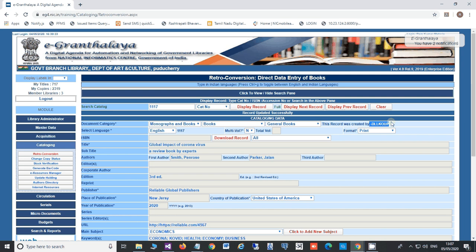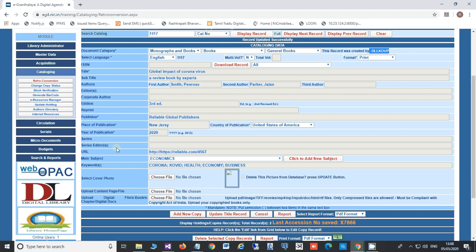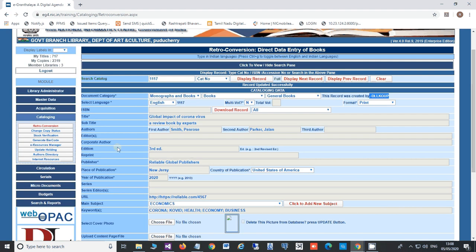So what we have done last time, due to some problem we were facing, is that if any other library in the same cluster wants to edit the record, they cannot edit it. Basically there was an issue that many of our users were unknowingly editing the existing record, and they were overwriting the complete title with the new book's title. And in this way there was a lot of problem for the particular library.